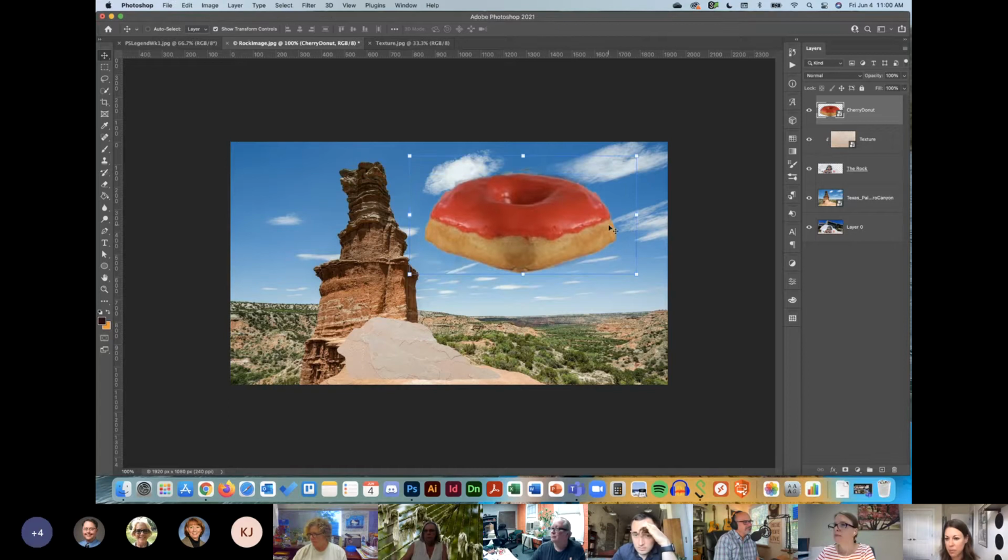And this is just a real basic step into masking. So this texture in the rock is a clipping mask. And what we're going to do with the cherry donut layer is just a mask. It's not going to clip into anything. Basically, we are going to add a mask over it so that I can erase and undo without losing the